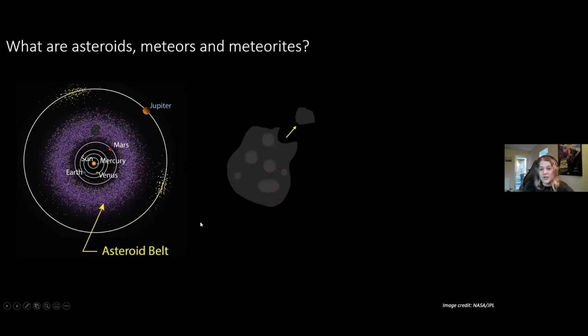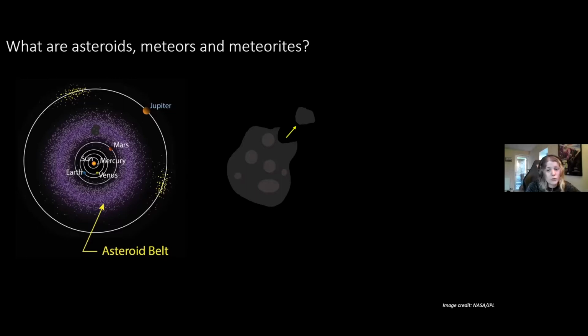My little cartoon here just shows that sometimes larger bits can get knocked off asteroids when things knock into each other. Now, this little chunk of asteroid here is sometimes called a meteoroid. Don't worry about that term. It's really not used very commonly at all, but I thought I'd mention it in case anybody asked, or you might have heard that term before. This little chunk of rock gets set off on a new path. The asteroid is orbiting the sun, but this little chunk basically gets thrown into some other orbit.